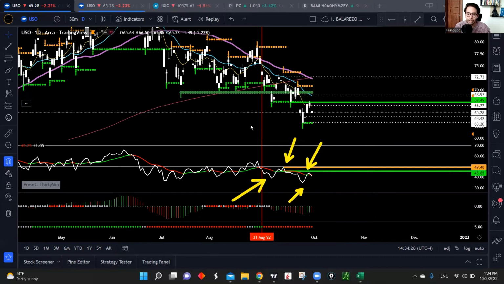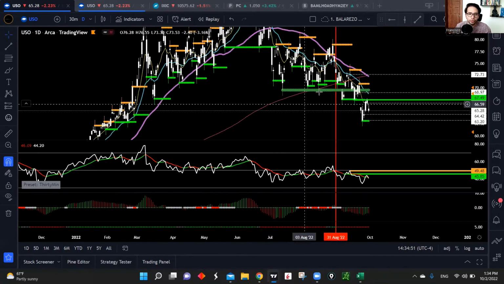And then in terms of price, you can see that we broke below the 67.49 level, that we tested it, and now we're starting to get rejected as well. So everything is pointing for lower prices here in USO. I think that if you just set a stop somewhere around the 70 level here, you're going to give it enough room for it to wiggle a little bit. And then I'm going to be looking for more continuation to the downside,